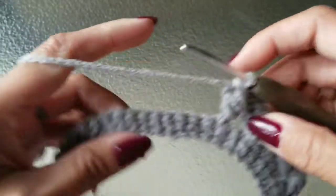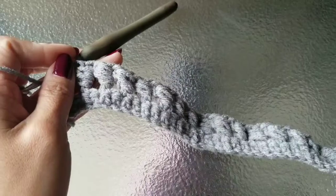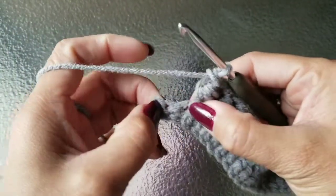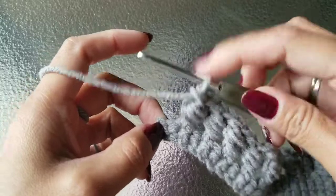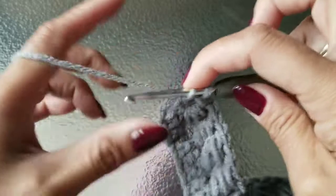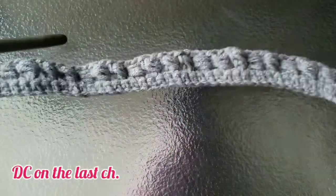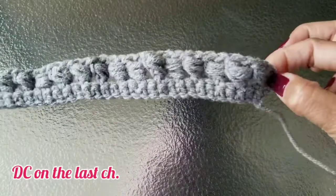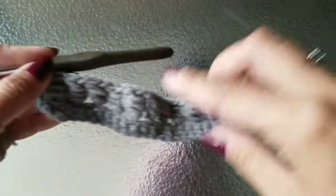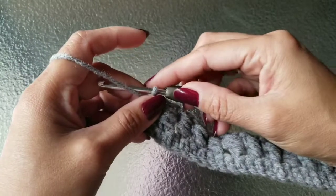So continue yours and I'll be back to tell you what we're going to do on the next round. I'm almost done, so skip one. On the next chain you're going to do double crochet. So if you're in the puff stitch area, you always start with a chain 3 and end with a double crochet when you're in this area. So the next round will be